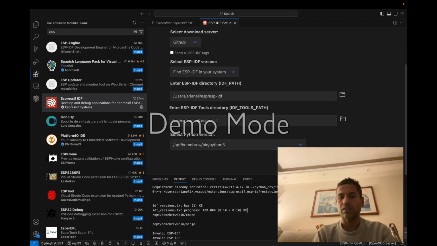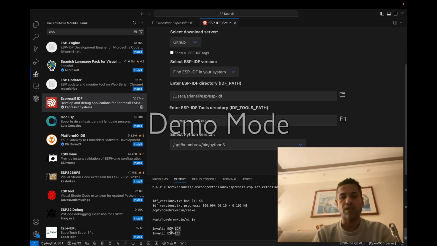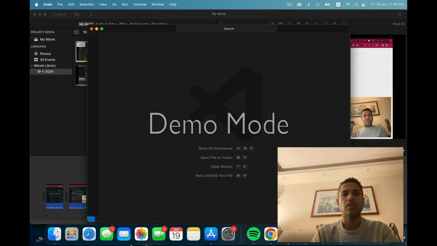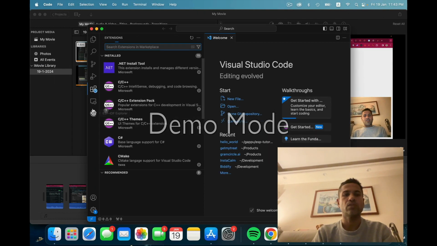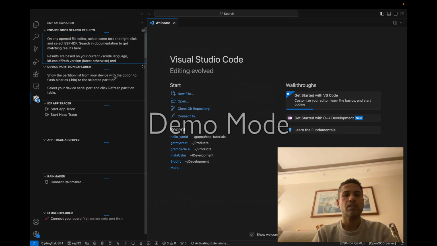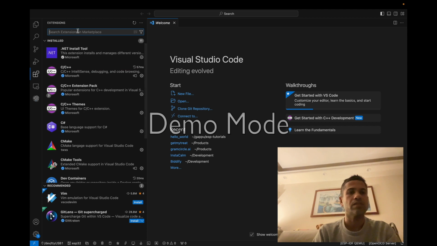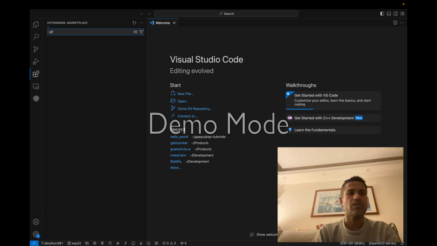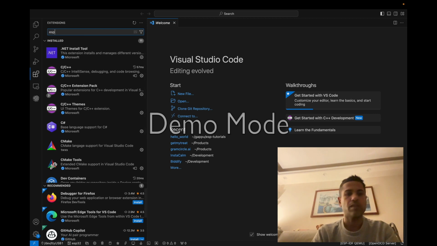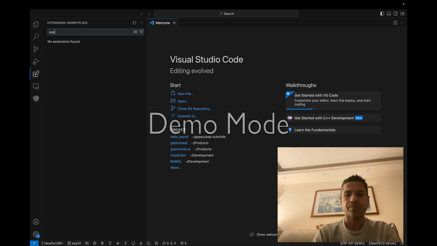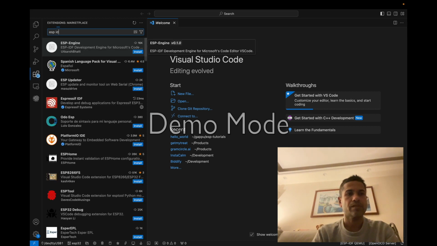Okay, let's try installing again. Why is it saying invalid ESP IDF? Maybe I'll restart Visual Studio Code, and then I go to this, which is our ESP IDF, right? Doc search result. Okay, let's go to this ESP IDF here,